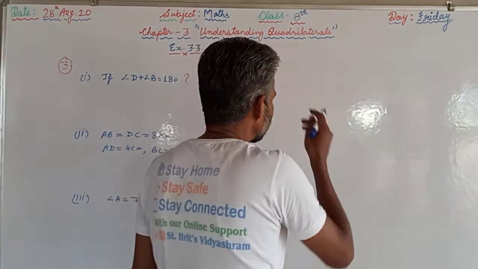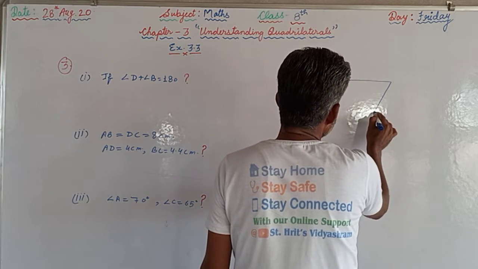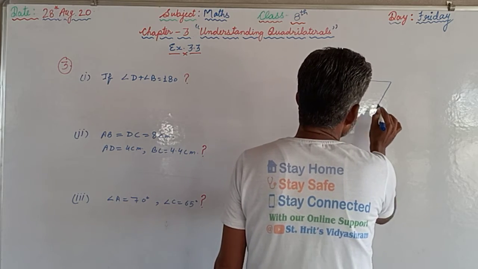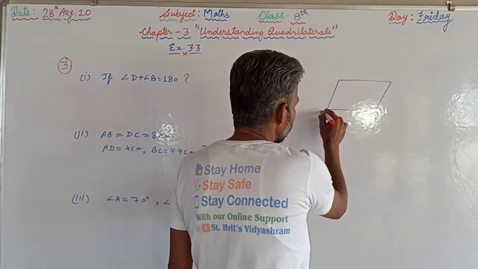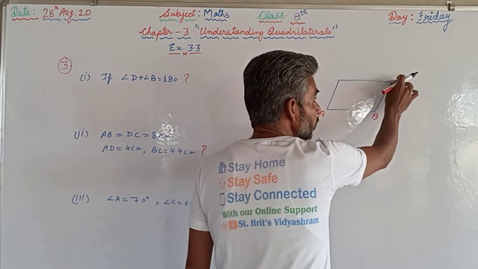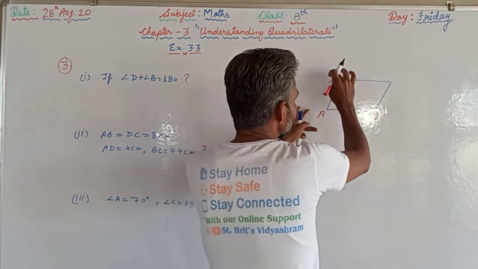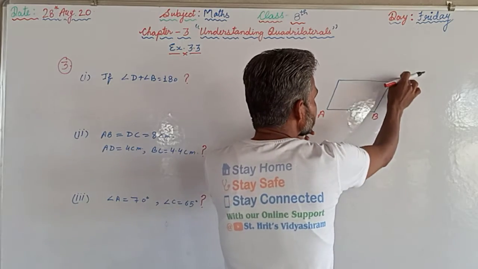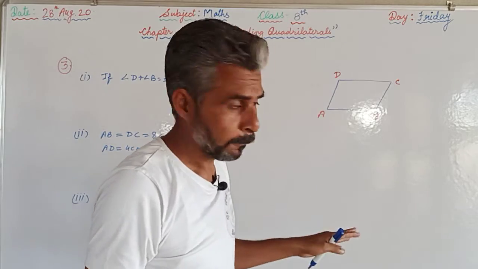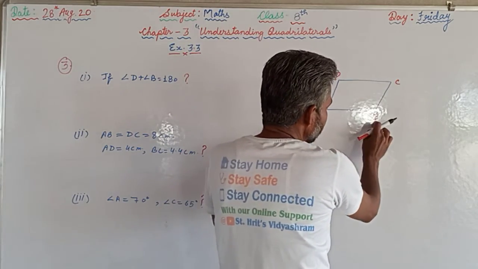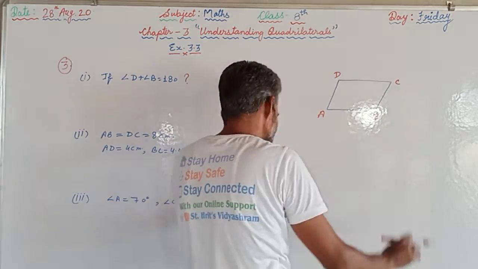To find that, first of all we will draw a parallelogram, because we are supposed to compare the properties. We are supposed to name that parallelogram ABCD. A, B, C will be here, not here, because we are supposed to take in a cyclic order. If we start from here A, B, C, D, like this. Naming we cannot change. If we start from the upper side A, B, C, D, like this.